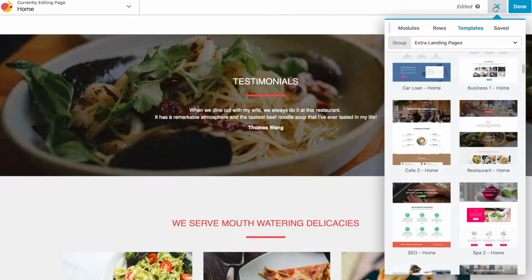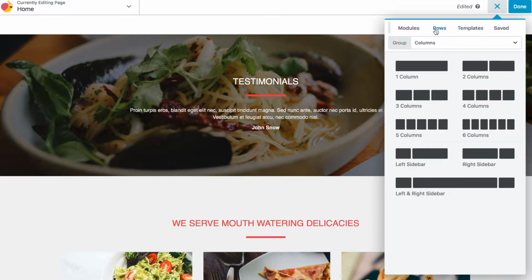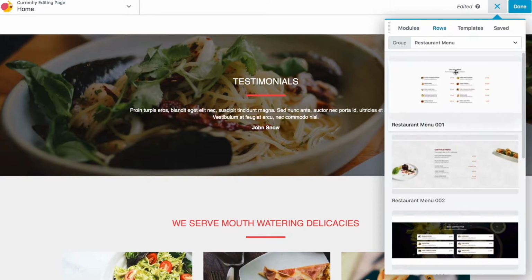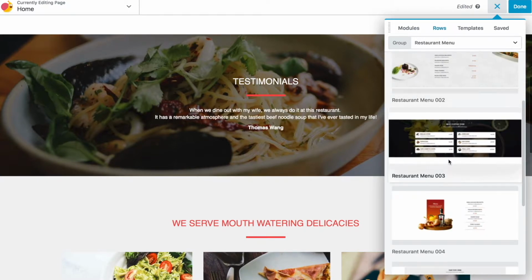Click on the top right menu and then click on Rows. Then click on Columns. We can see there's many choices like headers, pricing table, restaurant menu, and much more. Let's select Restaurant Menu. All of these contents are pre-built,